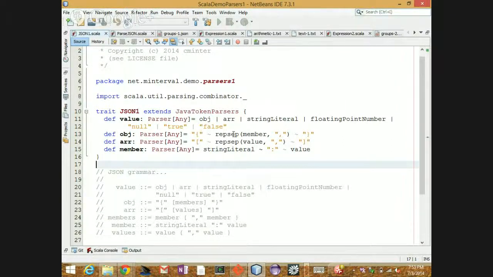This rep sep means I want to repeat on this member object, and the separator is going to be a comma. Remember how we talked about the parse result type. In this case, any is sort of like object in Java. It's the super type of everything, so this parser will parse and return whatever each of the rules combines into.